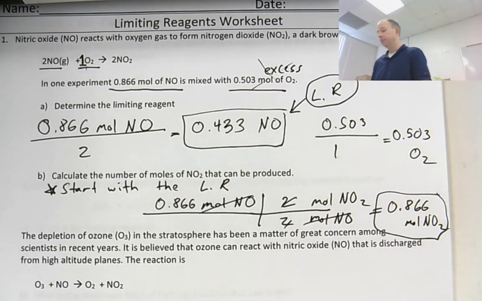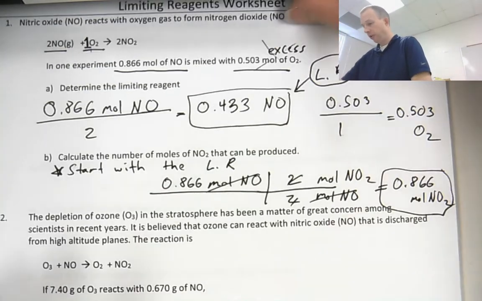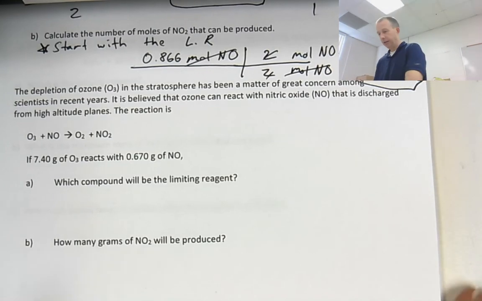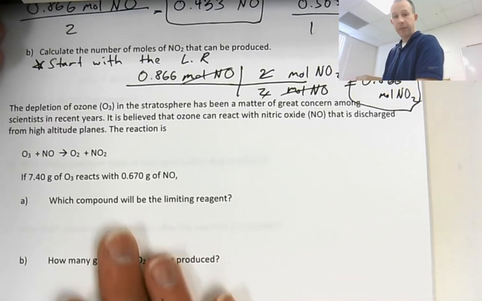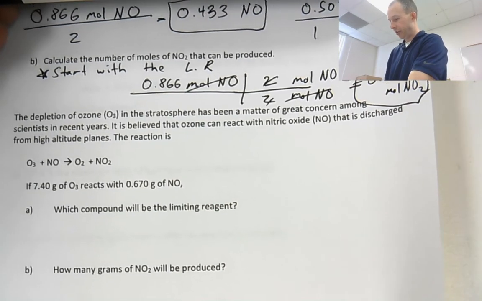So that's a really simple version of how limiting reactants are used. Now though, let's do one other one that's a little bit more involved. So the next thing to see, you've got this next problem here. It's quite a bit longer. It's got all kinds of words. The reaction itself is